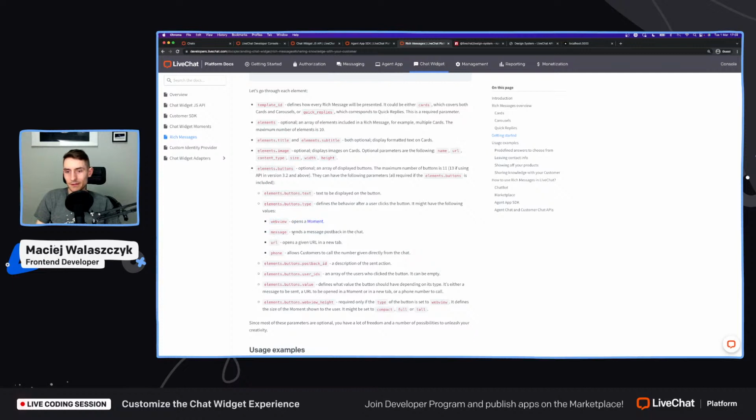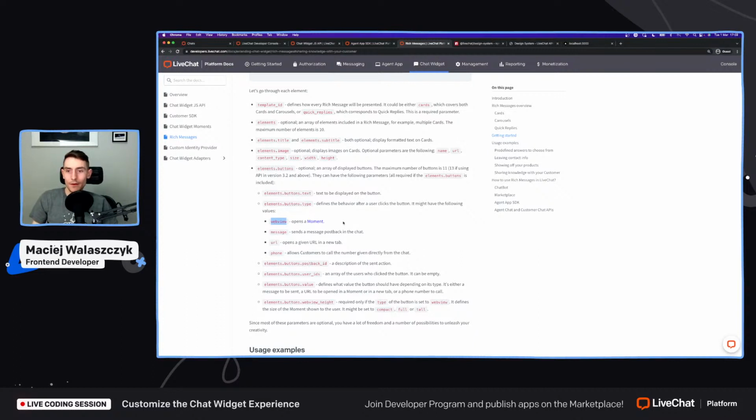If it is a message, it will send a message. URL will open the given URL inside a new tab, and phone will make a phone call from the chat widget, for example, on a mobile phone. All right, so we would like to get rid of this web view type, so the chat widget will not open